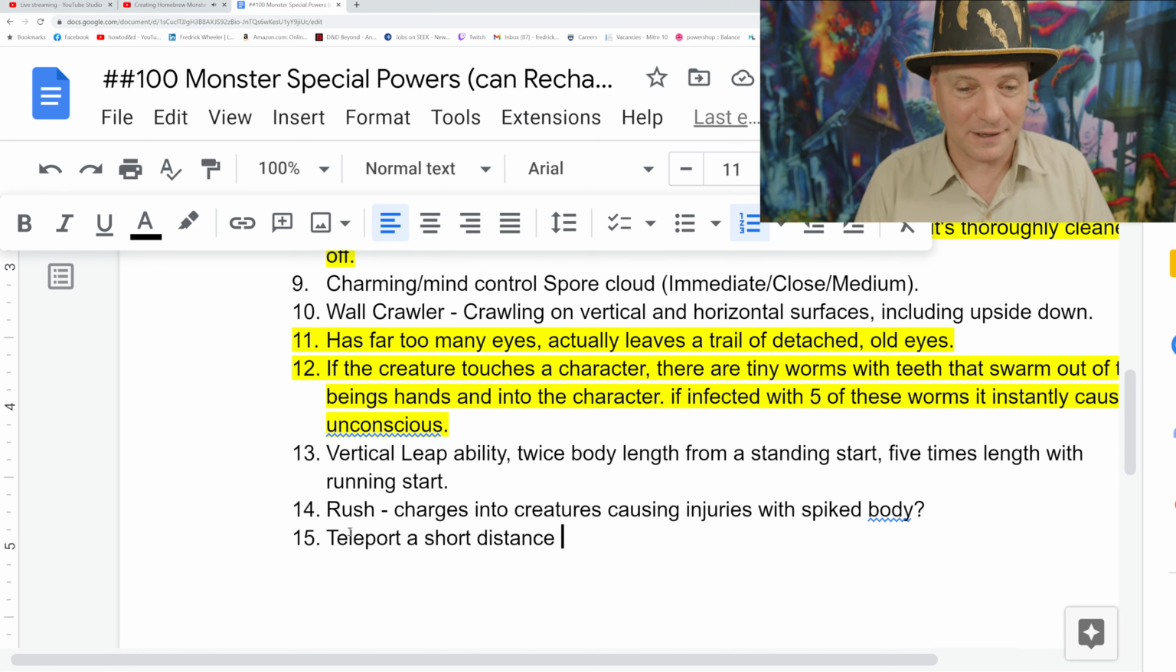Don't be too specific. Don't try to tie it to Dungeons and Dragons. No, I'm putting it all down because it's fun. So anyway,